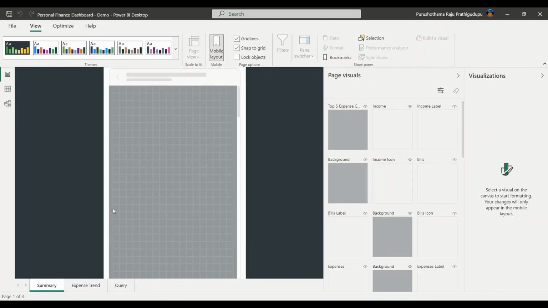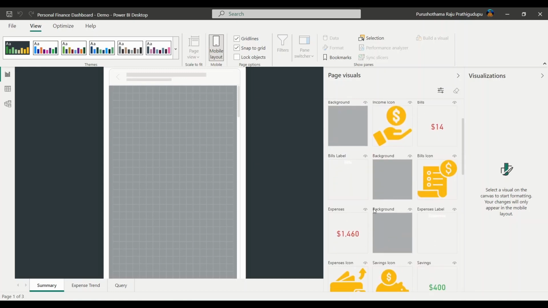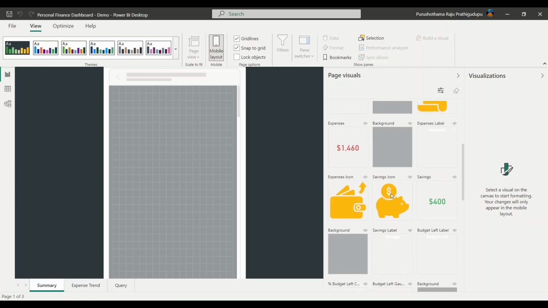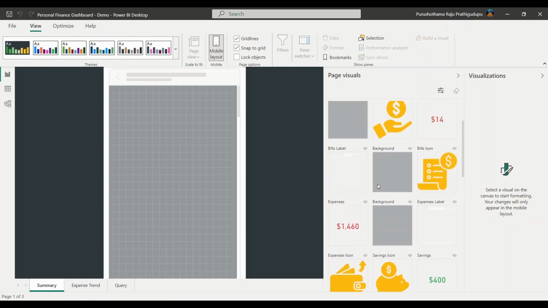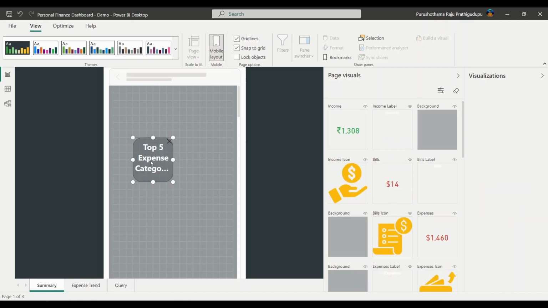So this will give you a plain background for the mobile with the mobile layout, but you'll also have all the visuals whichever you have for your desktop view. So you can just either drag all these and then paste these in the same way. For example, the top 5 expense categories.